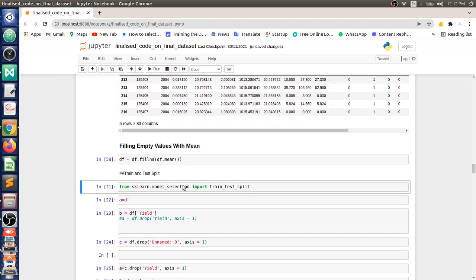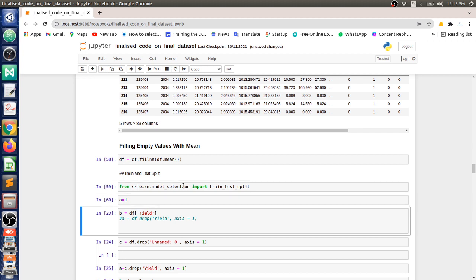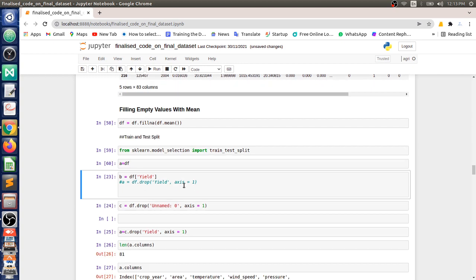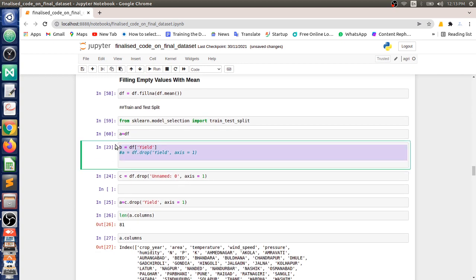Now, using scikit-learn, we are going to split the data into train and test. My target variable of interest is yield.